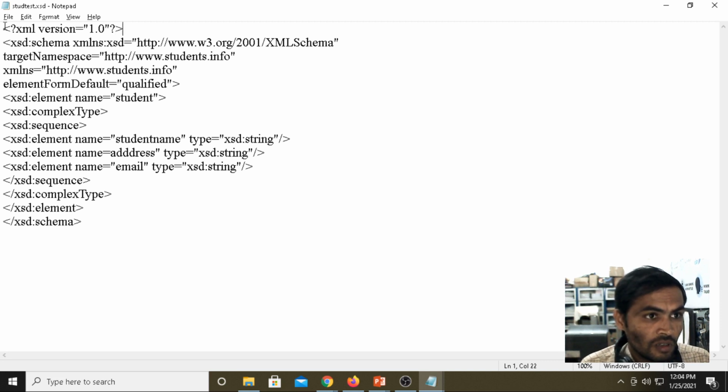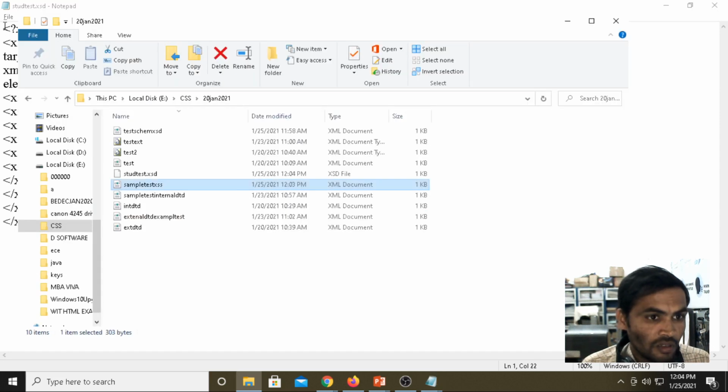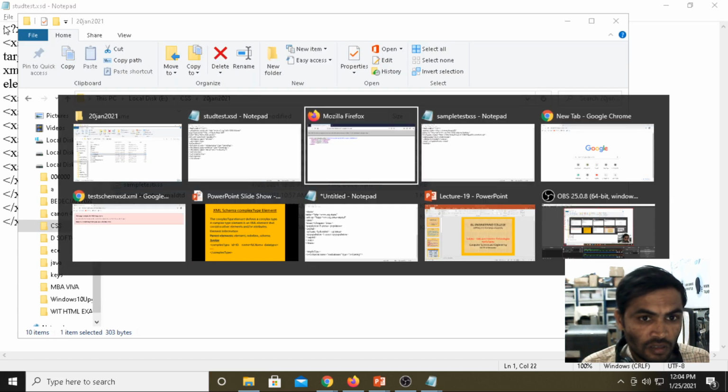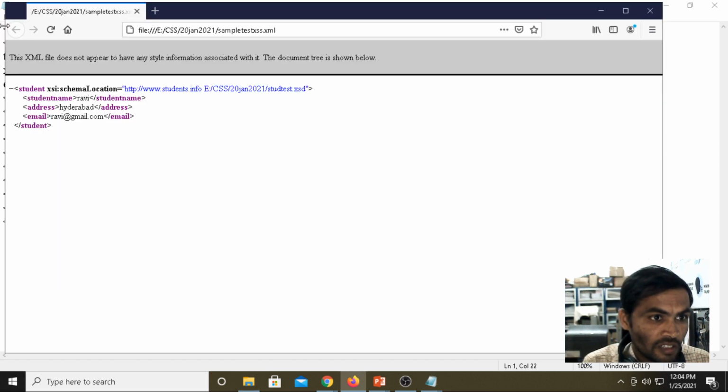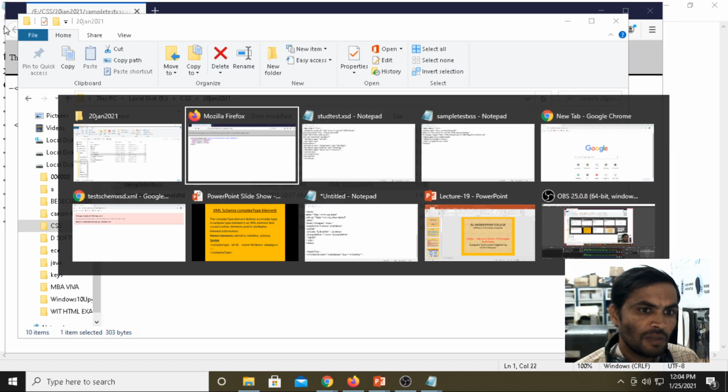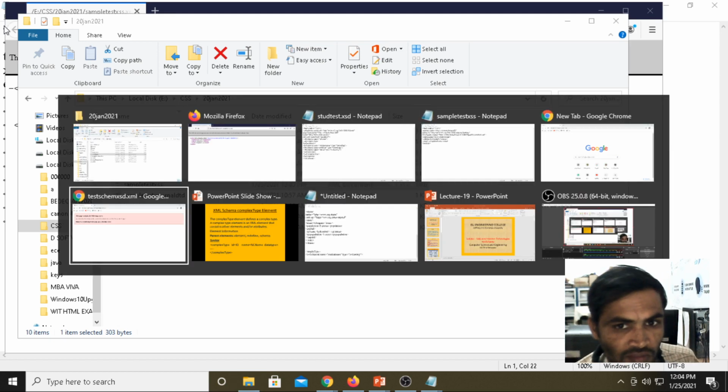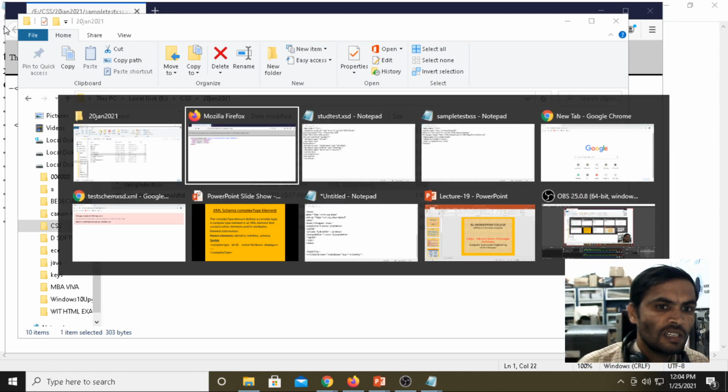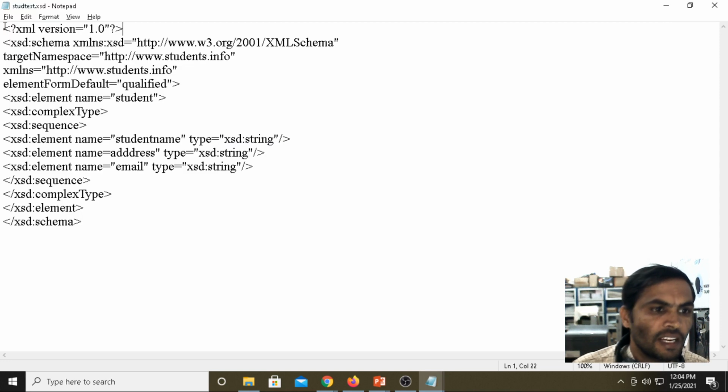Now see here, it is working. This is the output for validating your XML file. Somewhere a simple error will be there. This is the output for your XML schema.